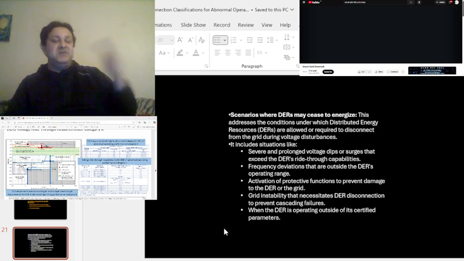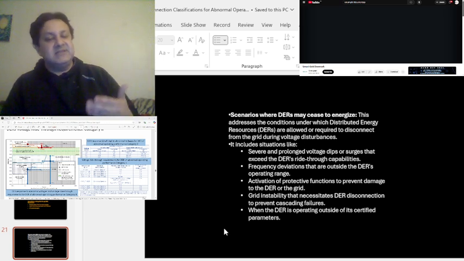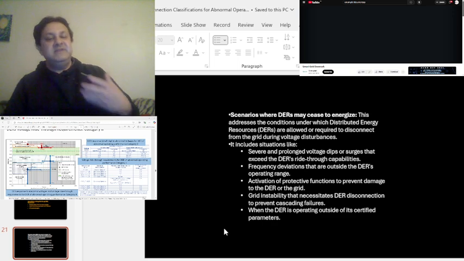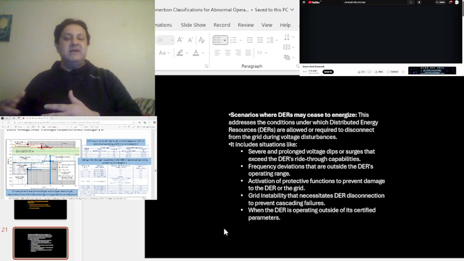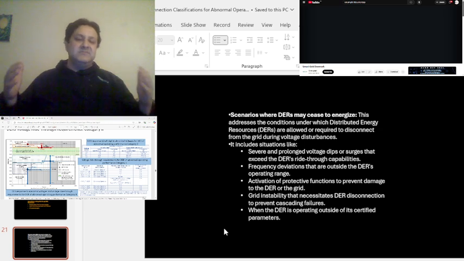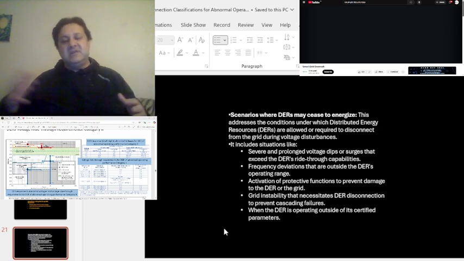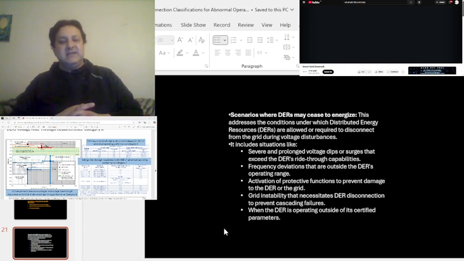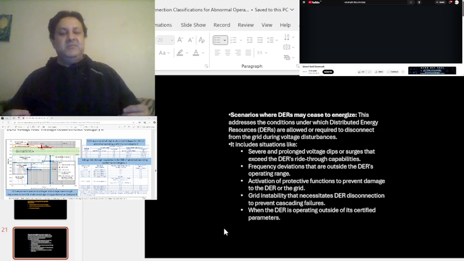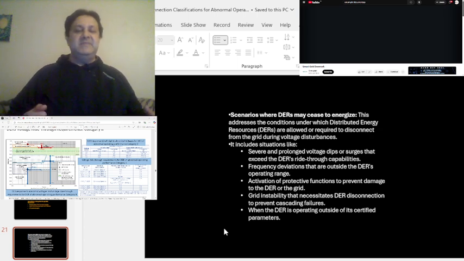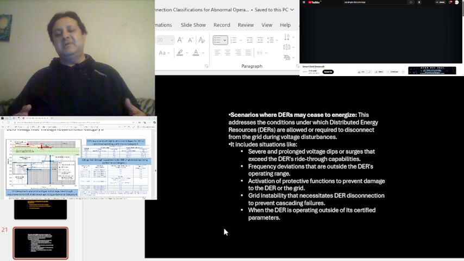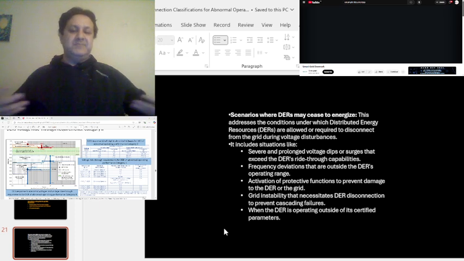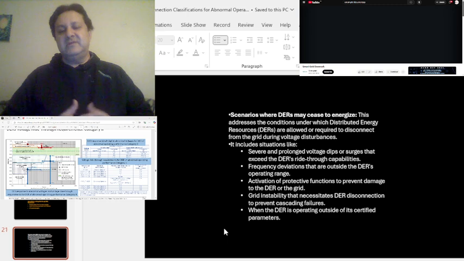So if it is beyond that, of course it has to be disconnected. Frequency deviations that are outside the DER's operating range, of course there must be a range. If it is outside the range, then it has to be disconnected. Activation of protective functions to prevent damage to the DER or the grid, because we have to take care of everything. If it is not within the limit of the devices that we have, it should trip